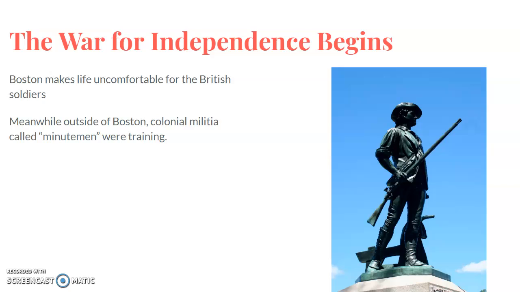versus a lot of the people outside of Boston who were, at that very time that the soldiers were becoming increasingly uncomfortable, actually having training going on, and they were collecting a militia called the Minutemen, and thus they were called because they were ready to fight at a minute's